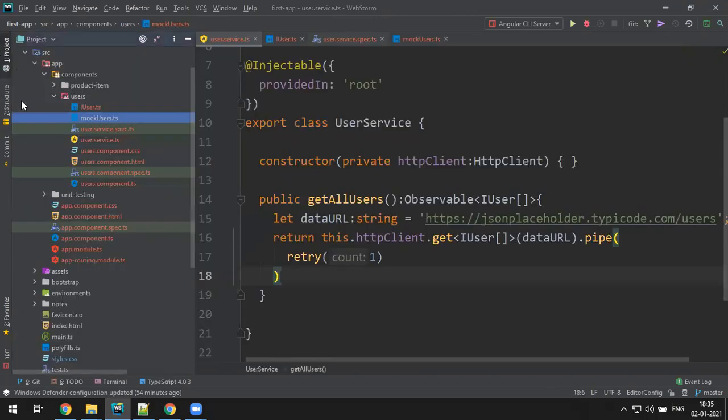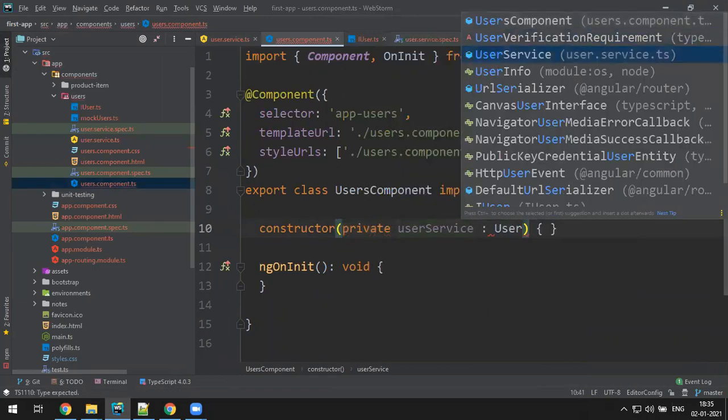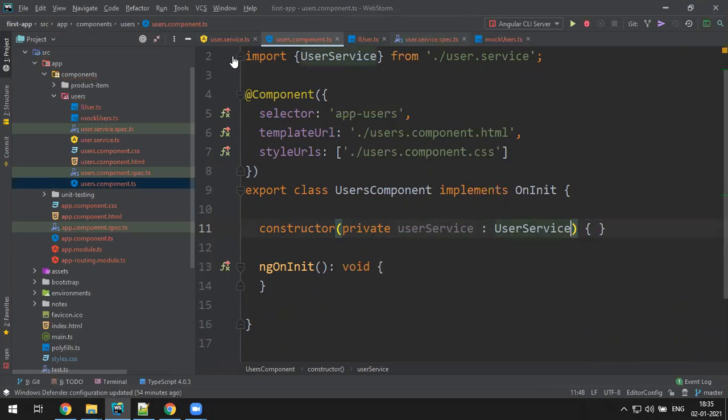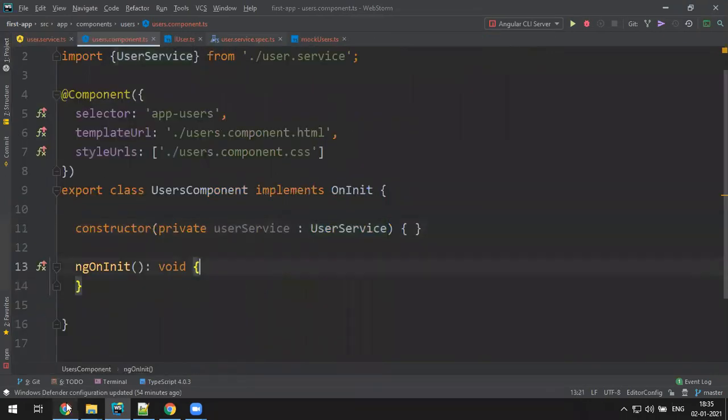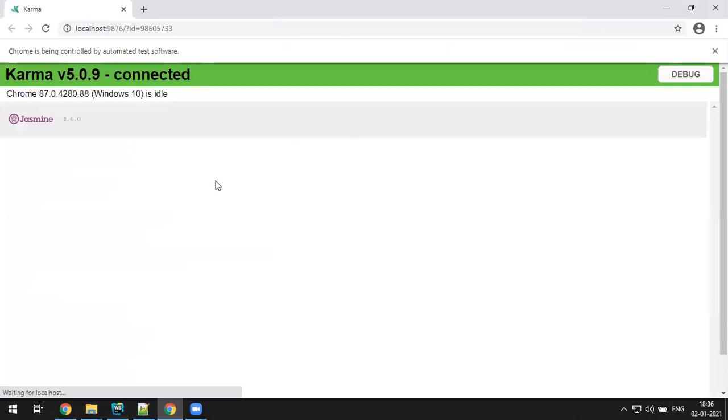Maybe I have to use the service in my component. Let's say private userService of type UserService. Check it out. It's supposed to work. Somewhere something goes wrong.